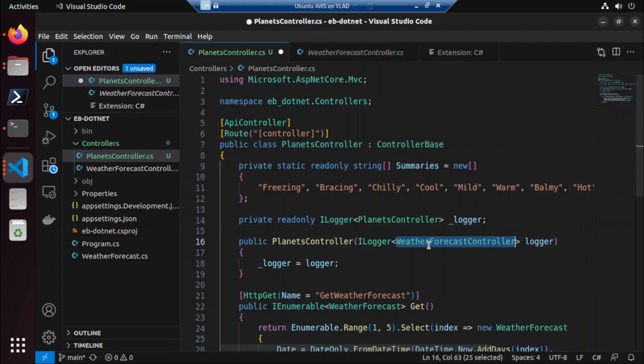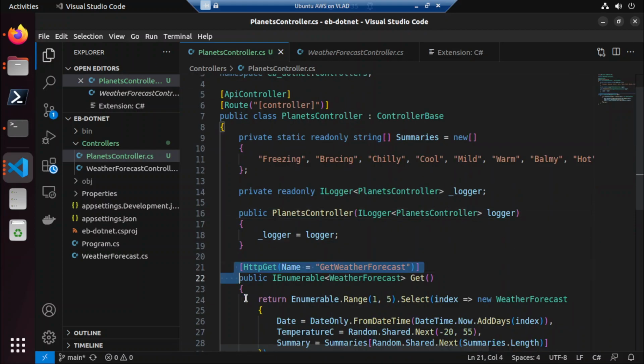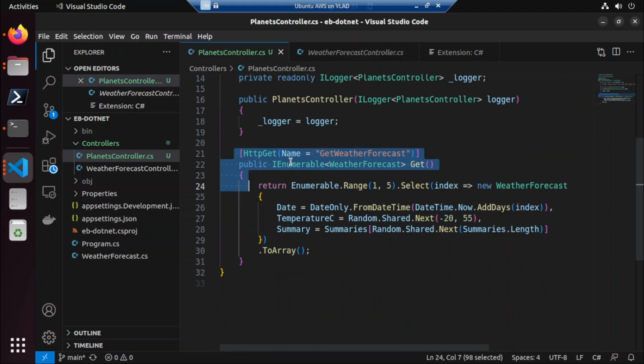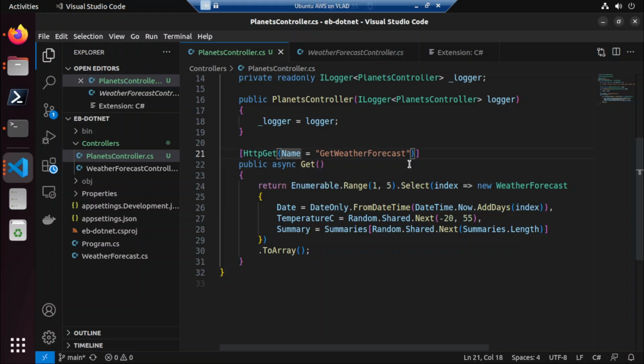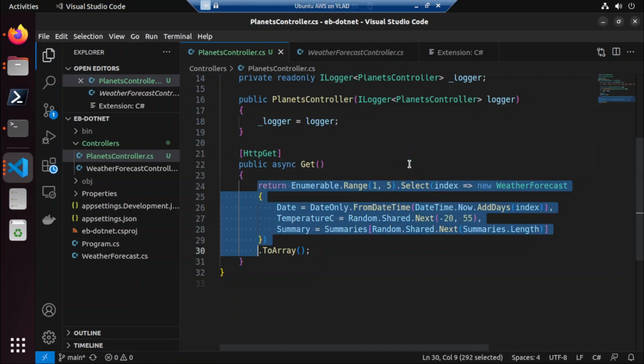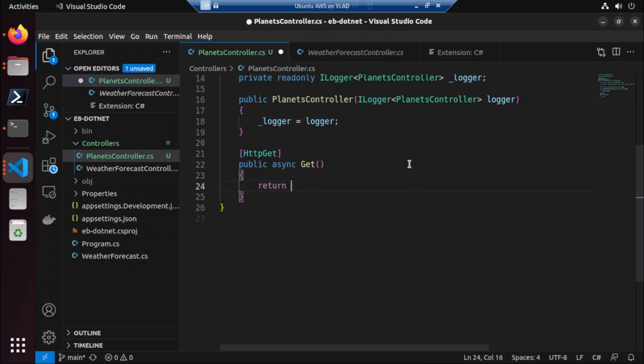Then public async, and just name this HttpGet. Return a list of strings, planets, equals a new list of strings, which is